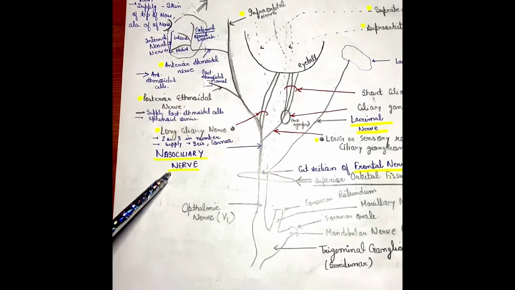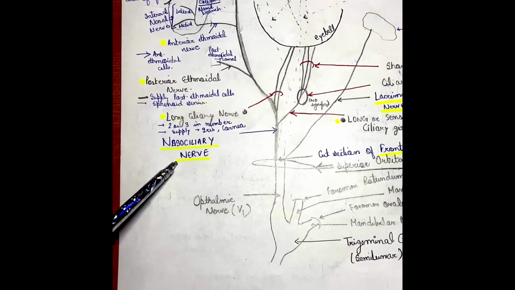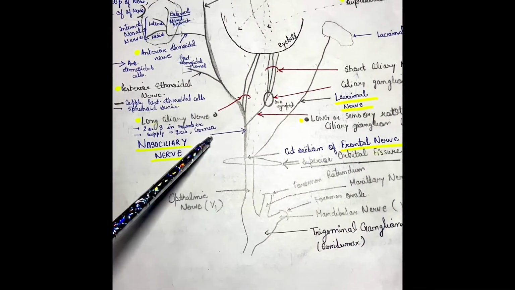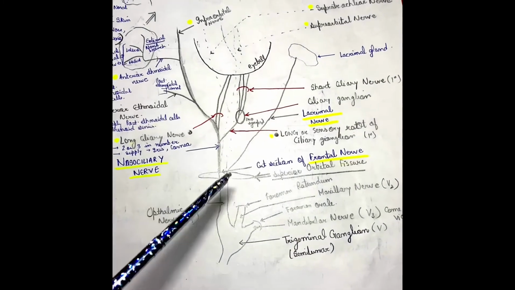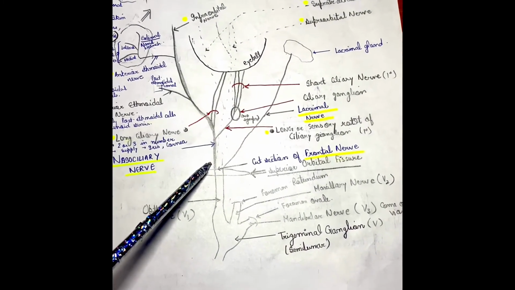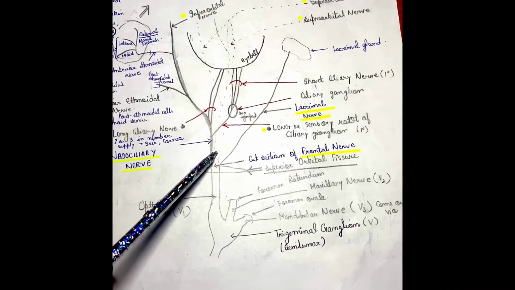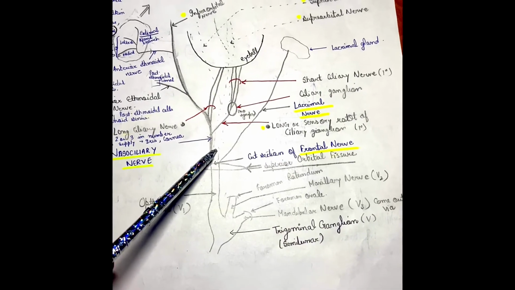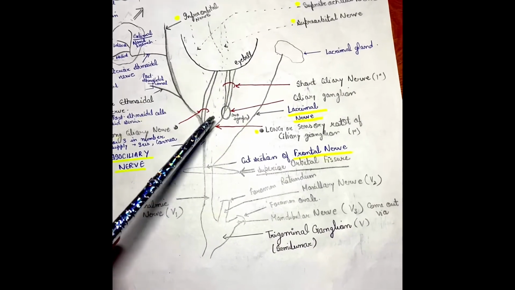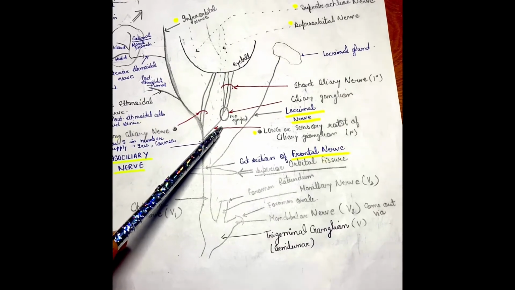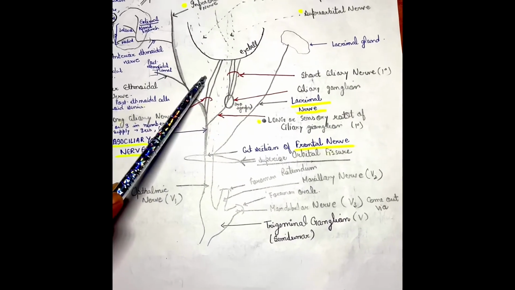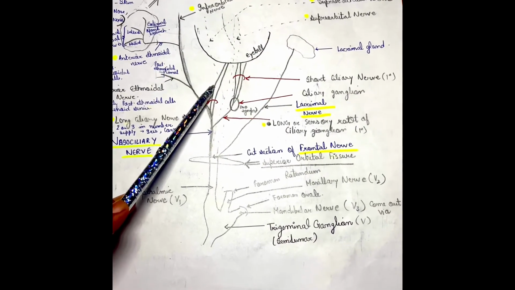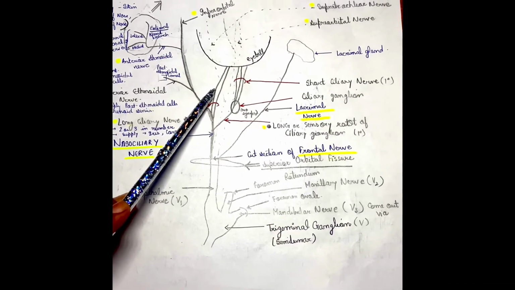Now let's first come to the first division, that is the nasociliary nerve. The nasociliary nerve gives various branches. So the first division is the long or sensory root of the ciliary ganglion. This root contains the parasympathetic fibers from the superior cervical ganglion along the vertebral column, and these fibers go into the ciliary ganglion, and via the short ciliary nerves they enter into the eyeball. These supply the dilator pupillae muscle and help it to dilate, right?